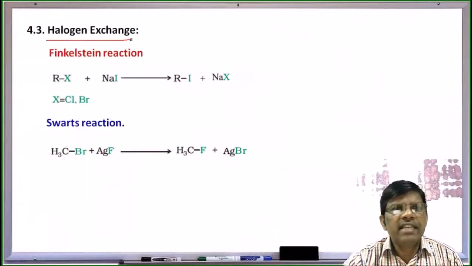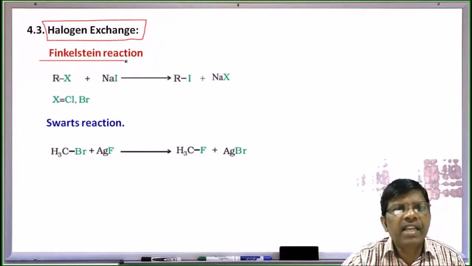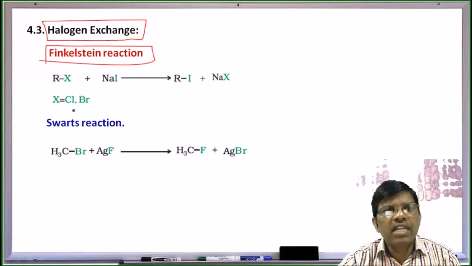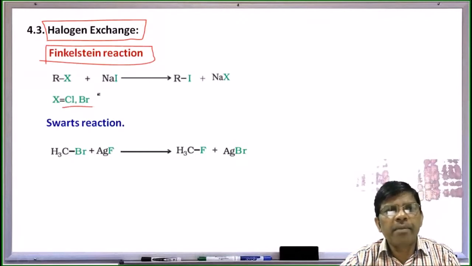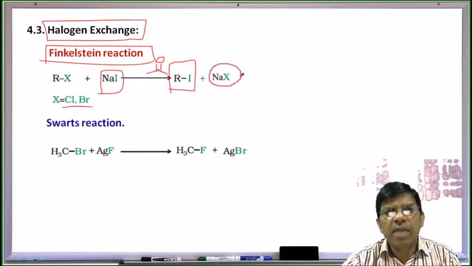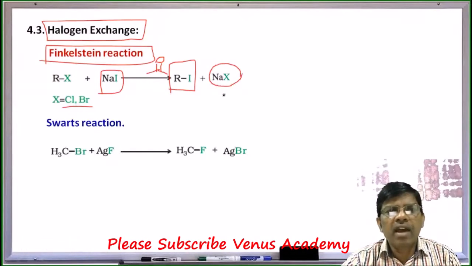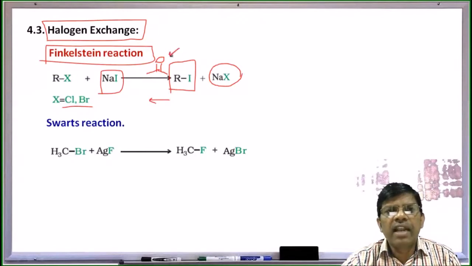For halogen exchange, mainly there are two reactions. For example, this is the Finkelstein reaction, where lower halogens, for example chlorine or bromine in a chloro or bromo compound, can be replaced with iodine. Just simply take alkyl halide in dry acetone and treat it with sodium iodide, and you will get the alkyl iodide compound. The remaining sodium halide, the sodium chloride or bromide formed, is insoluble in acetone, so the reaction does not go back. The key factor is the use of dry acetone.